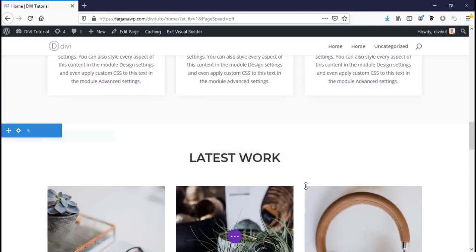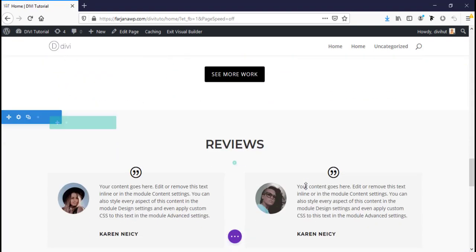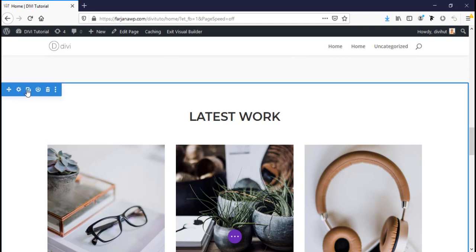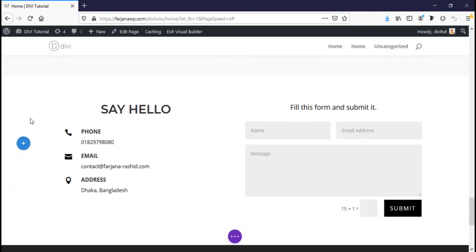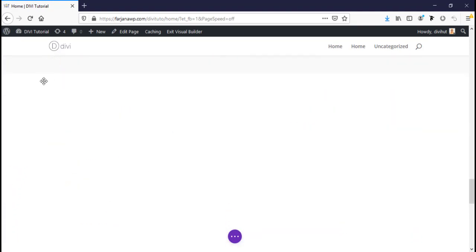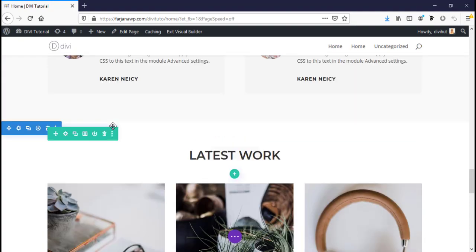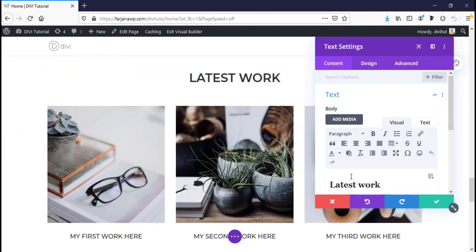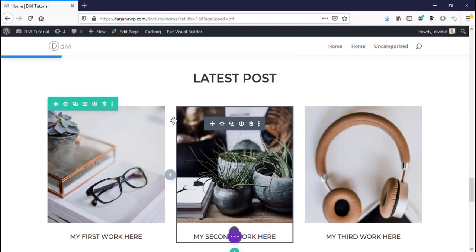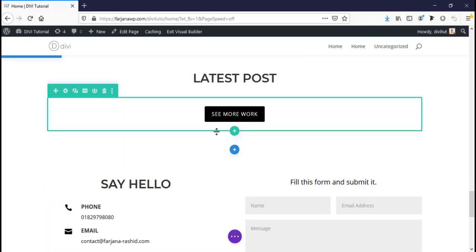In the bottom area we can also add a block section. I'm just duplicating this section to make it fast and drag it to the bottom, just on top of the contact area, and changing the text, latest post, and save it. Here I'm just removing this row and taking a new row,